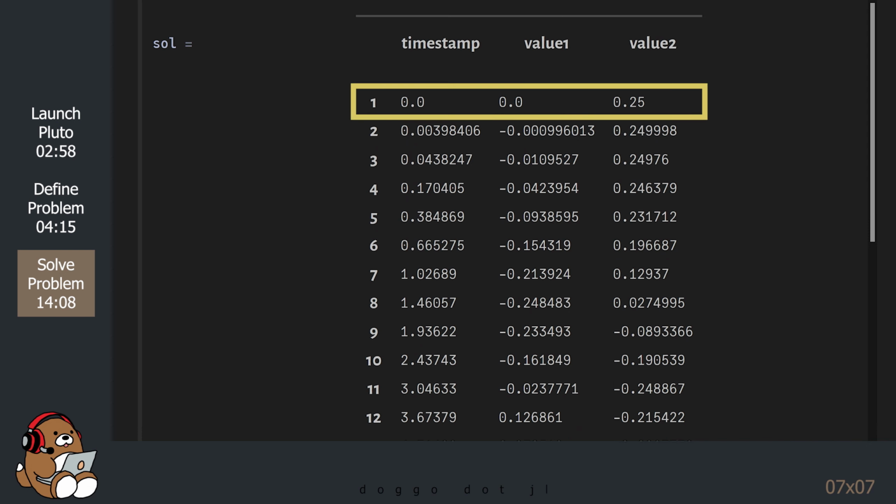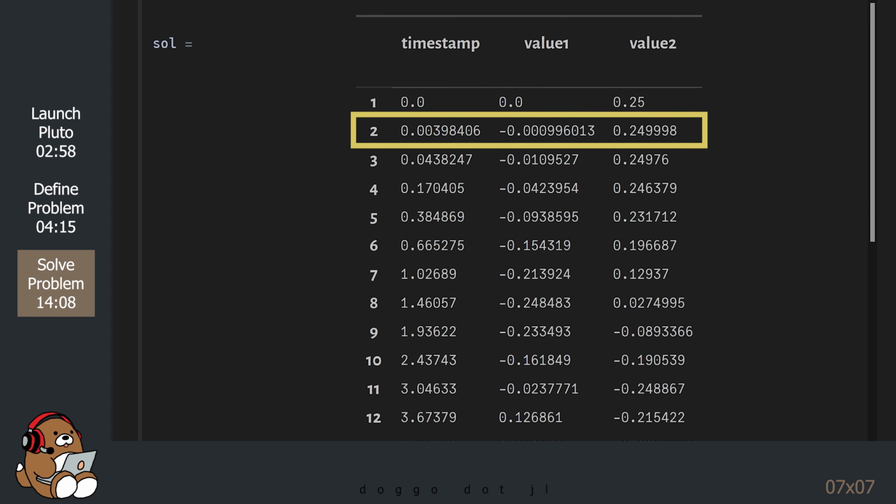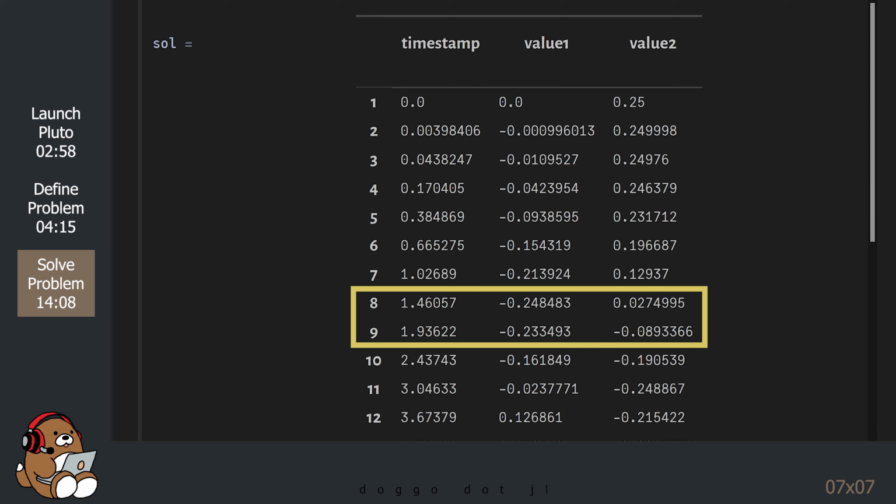So at timestamp 0, the center of our mass has been pulled 25 centimeters to the right of the equilibrium position, and it has a velocity of 0 since it hasn't been released yet. At the next timestamp, the mass has been released, so the mass has moved slightly to the left, and we can see that the velocity is now a negative number, meaning that the mass has started moving to the left. At some point, we see the center of the mass cross the equilibrium position, but the velocity is still negative at that point, so the mass is still moving to the left, but it's starting to slow down.